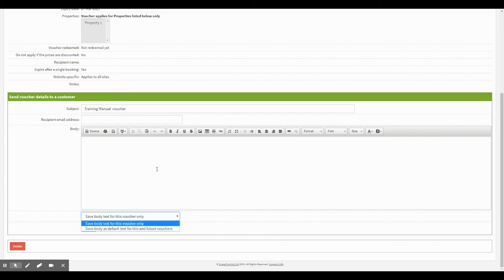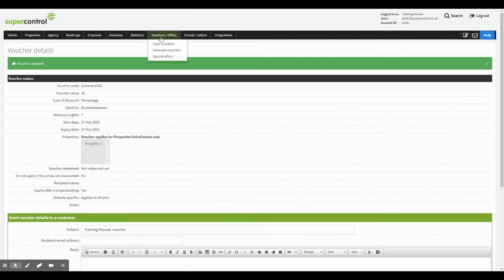So it'll always be sitting there like that, and all you need to do is change the recipient email address. So once you've done that, then you would just click send and it would send off to that person. Then the guest or the client who receives this will then use that voucher code when they next make a booking. So if we now go back up to Voucher/Offers and view vouchers,